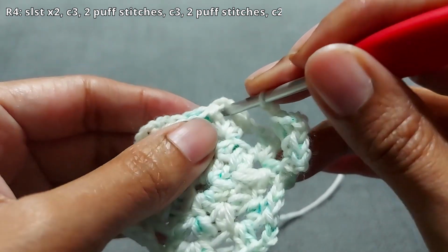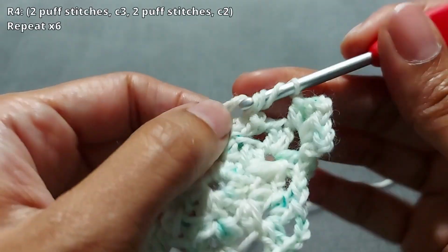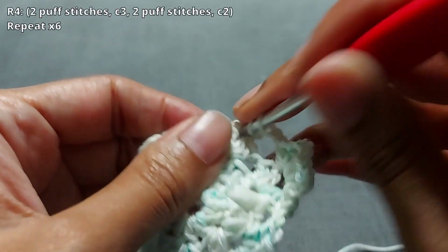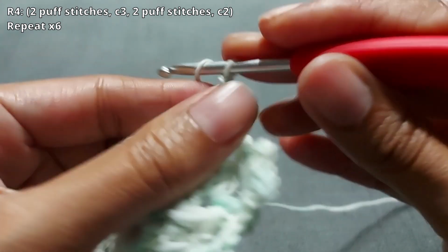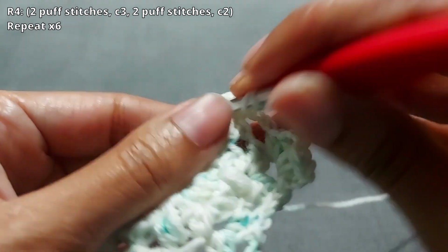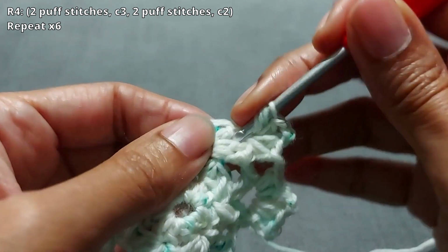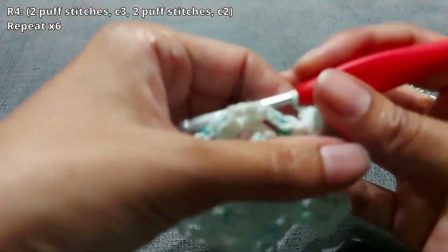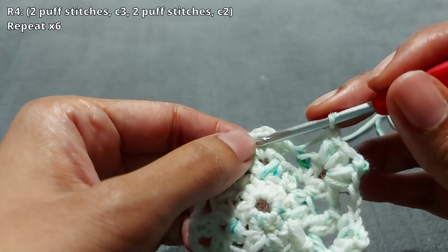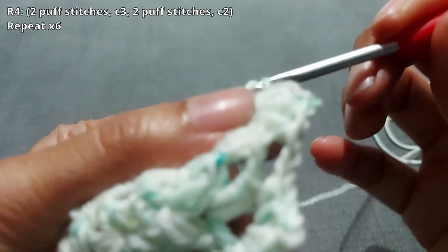and then jump over to the next chain space and do that again. So it's 2 puff stitches, and then chain 3, and then into that same space 2 more puff stitches, just like that, and then chain 2, and then you're on to the next chain space, that's the peak there, and do 2 more puff stitches,